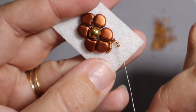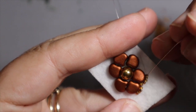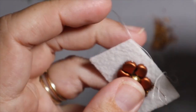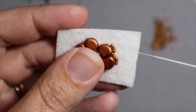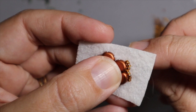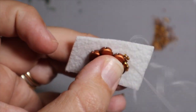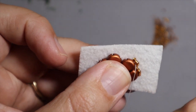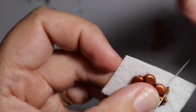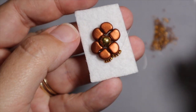Okay, so now I thread on 2, wrap it around there, go down through the foundation right after the second bead, pull that through, and then I count back 3. I come up through the foundation right before that third bead there, and then I go through the 3 beads. So I'm going to continue adding my 15s just like this until I've gone all the way around the outer